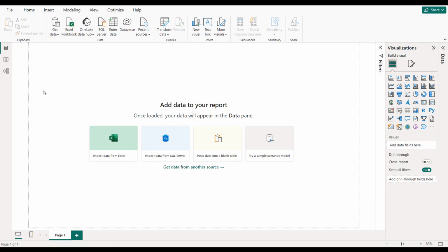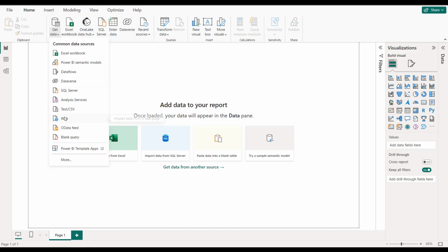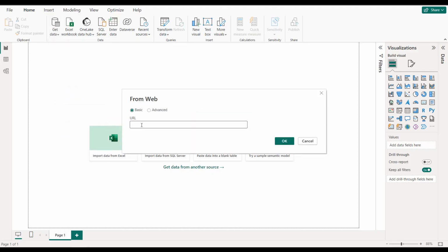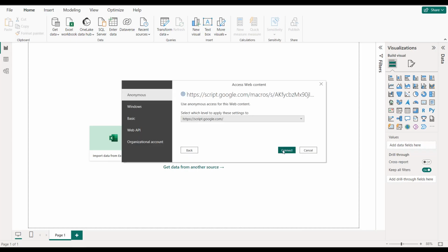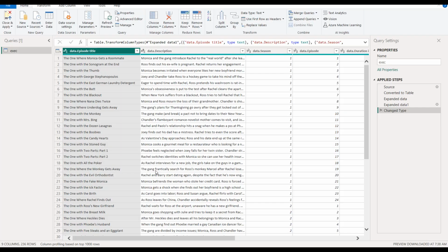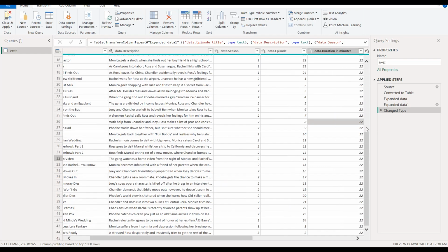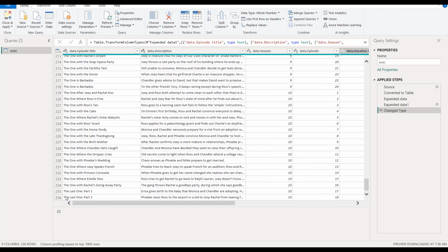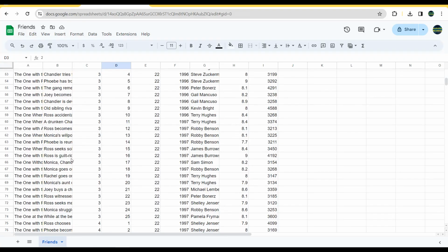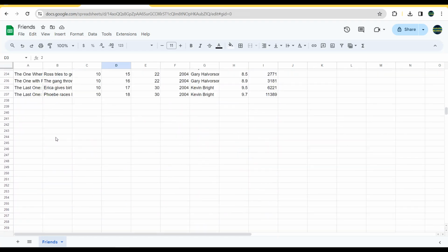So create a new Power BI project, and to get the data, we click on Get data. We select Web, and we paste the link in here. Okay, we select Connect, and we get our dataset in Power BI. So now, for example, if we want to add one new row to our dataset, if we go down here, okay, we have 236. Now, if we go to the Google Sheet, we are going to add one new row, for example,